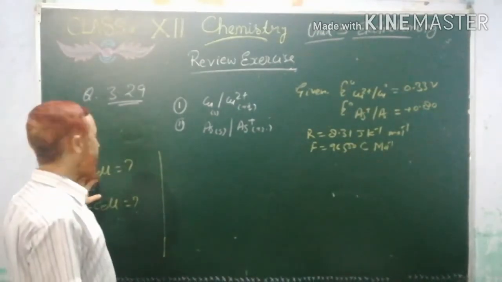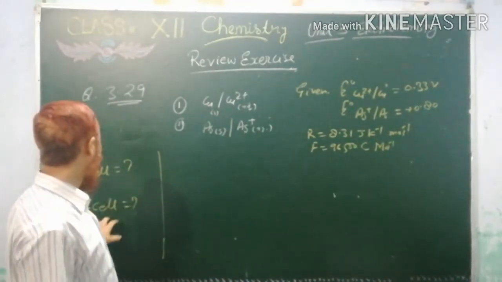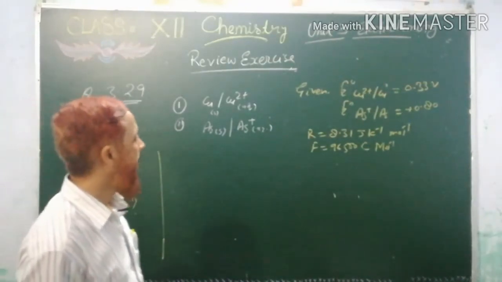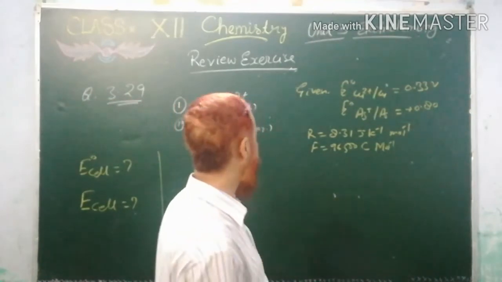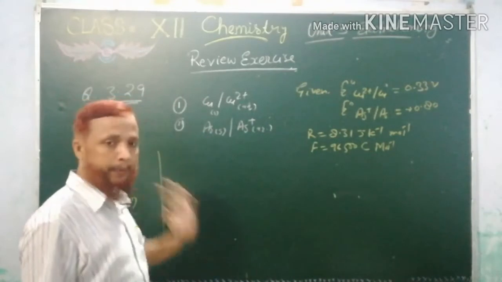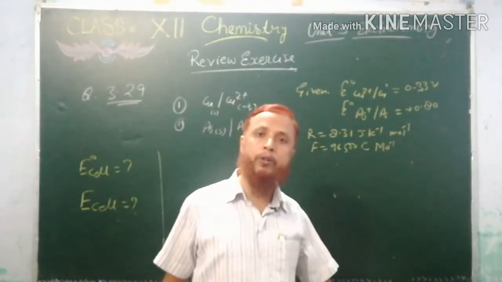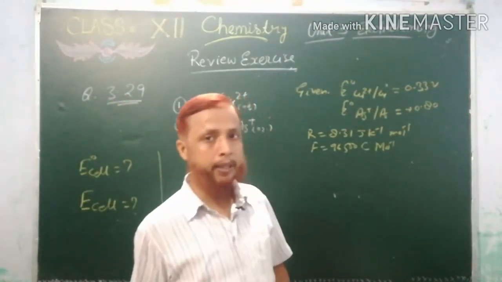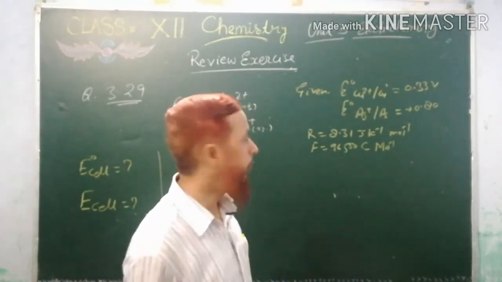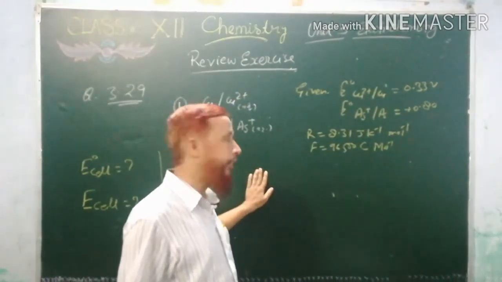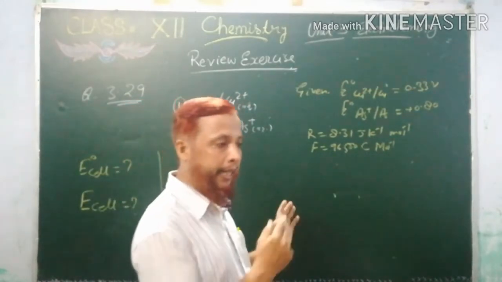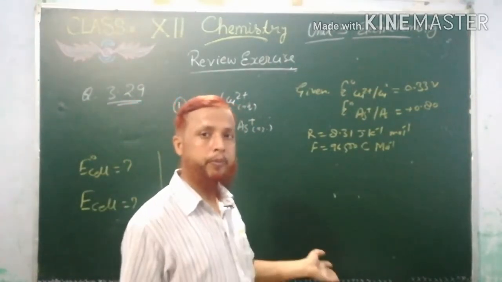The question is asking what will be the standard reduction potential of the cell, meaning E naught cell, and you also have to calculate the EMF of the cell, meaning E cell. If you go through the question, you will find these things. Now the problem is that the cell is not represented here. Until now, in whatever questions you have done, either the cell reaction was given or the cell was represented. No matter, firstly we are going to construct the cell, meaning we are going to represent the cell from this given data. We only have to decide the cathode and anode systems, then the problem is solved.